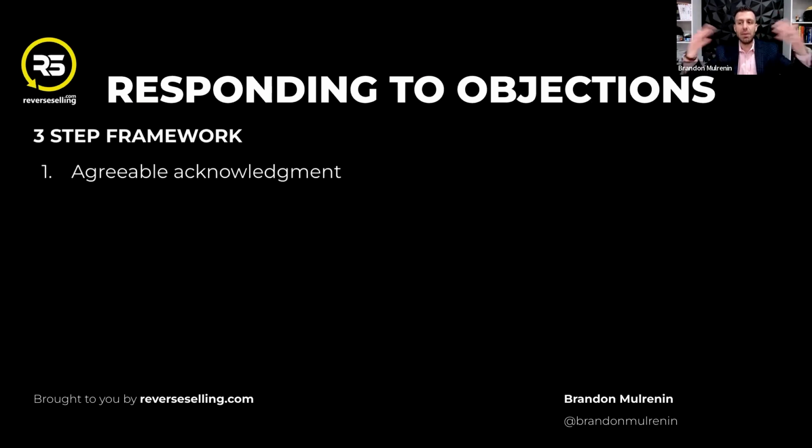One, anytime you get an objection, someone says, I don't like your pink shirt, Brandon. Cool. I totally get it, right? That's how you respond to any objection. Whether your boyfriend, girlfriend, husband, wife gives you any objection or any prospect, it must be agreeable. The second it's not, what happens? That becomes an argument, right? So if you don't want to argue with your clients, the first thing out of your mouth is like, I get it. Totally makes sense. I'm with you. This is called an agreeable acknowledgement. This is how we lower their defenses.